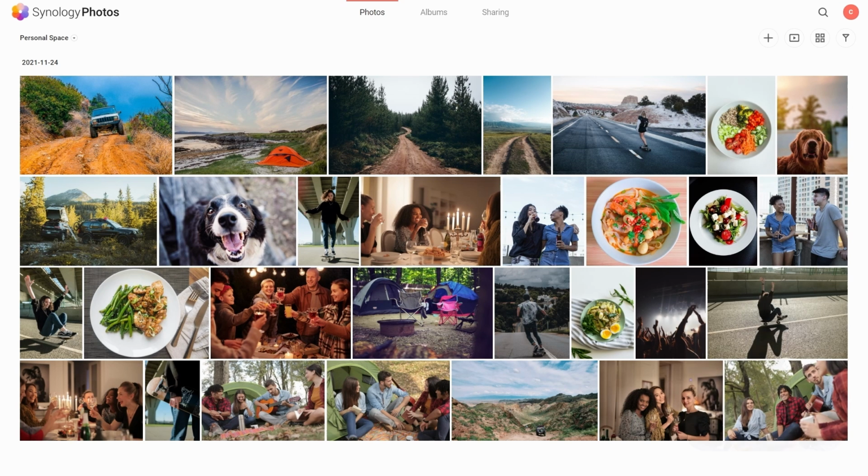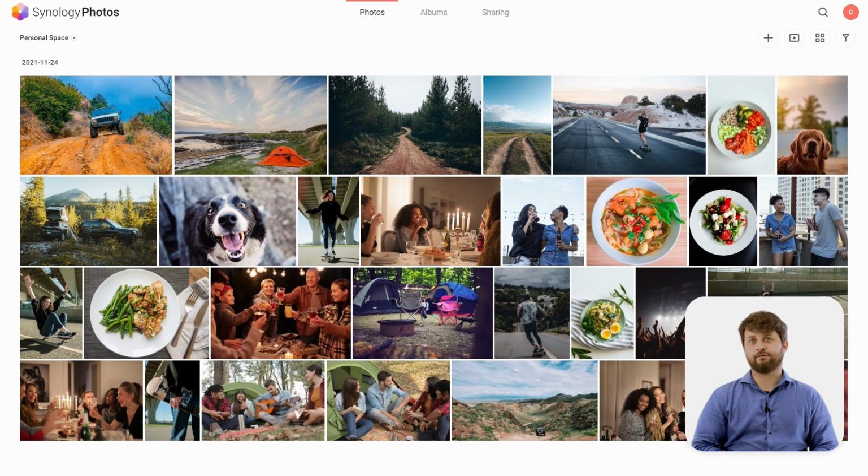So now we're going to come back in here as it finishes up those final few photos. So it's just going to finish up this upload task. And once we finish uploading these photos, you're actually going to start seeing them in our personal space. Now you can see all the different photos that we just uploaded in that first tranche of photos. You can clear your background tasks up here. And now we can begin to explore what we did upload.